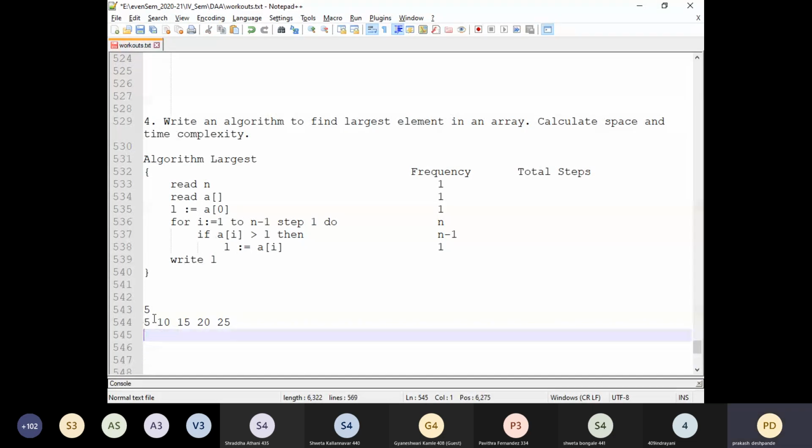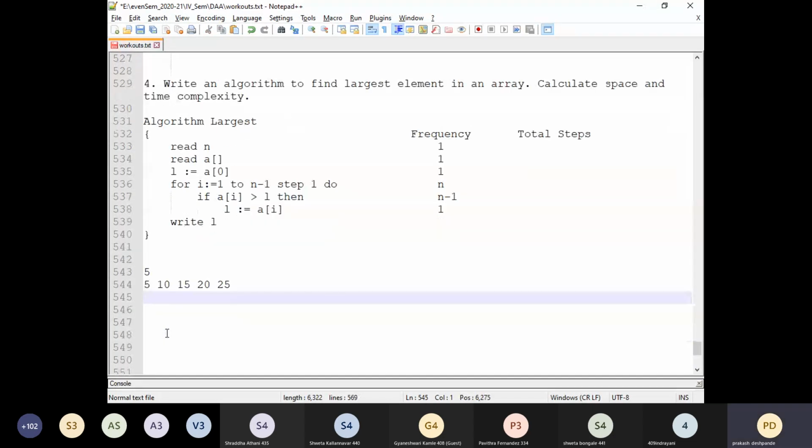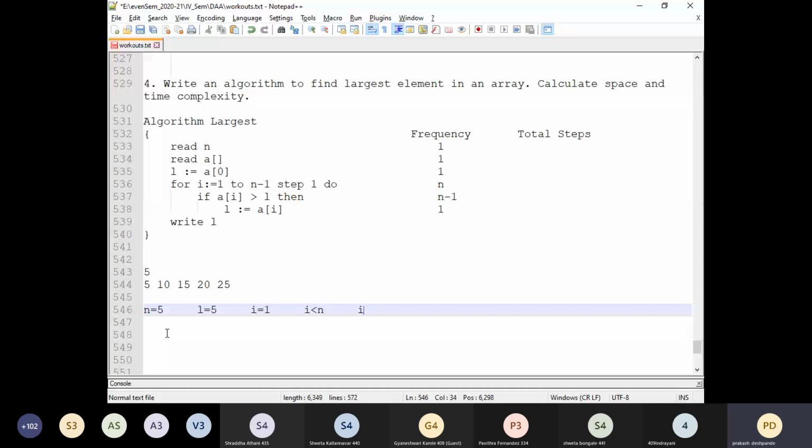You need to explain it in detail, every step. Now n is 5. The initial value of L is a of 0, and a of 0 is 5. Then we have a for loop. Initially it starts from I equals 1, the condition is I less than n, and then we have I plus plus.